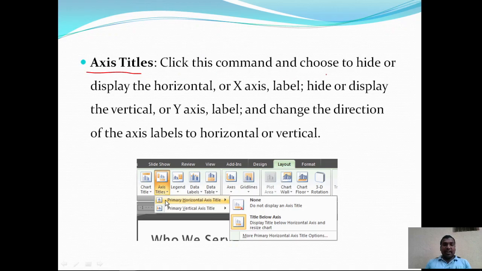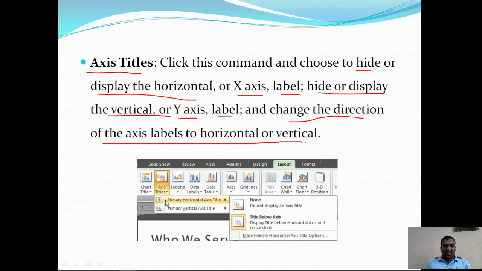So click this command and choose to hide or display the horizontal or x-axis labels, hide or display the vertical or y-axis labels, and change the direction of axis labels to horizontal or vertical. Okay, so click on the axis titles and horizontal axis, if you want to perform that, then click on this one and choose the appropriate one. For vertical, choose this one and click on this button. It automatically displays the submenus, and choose the appropriate changes you want. Okay,